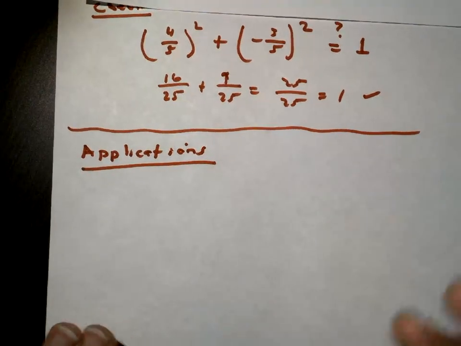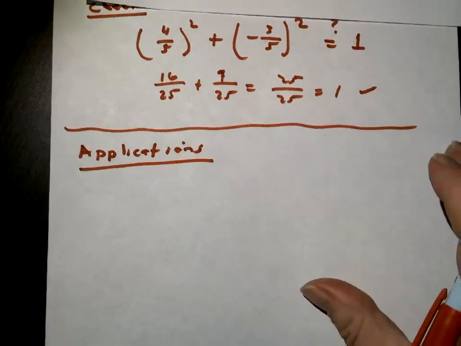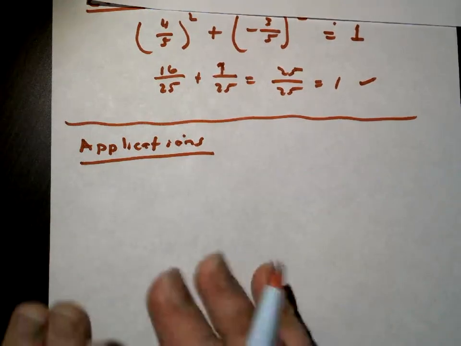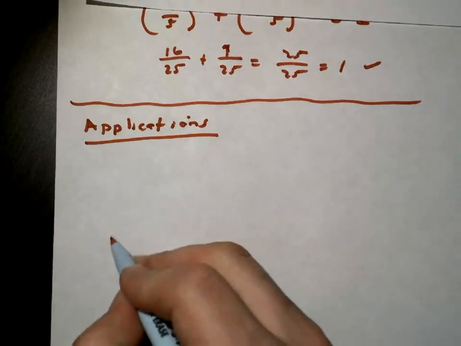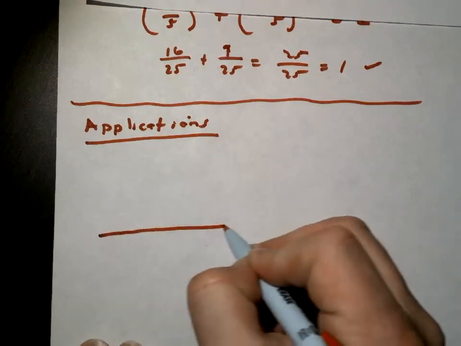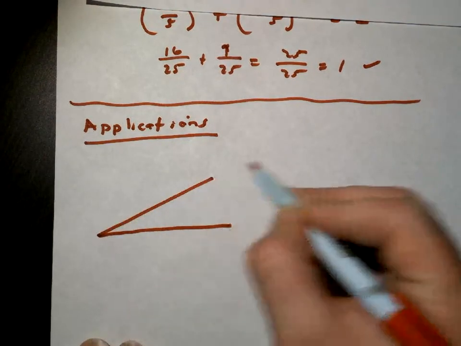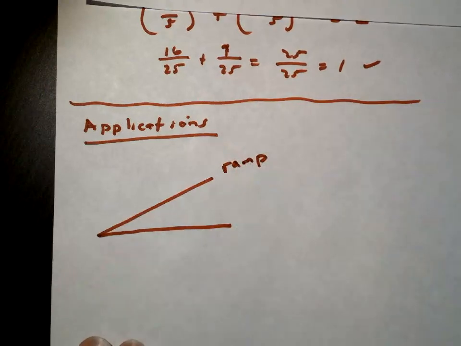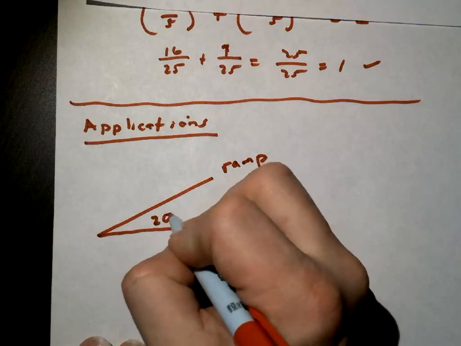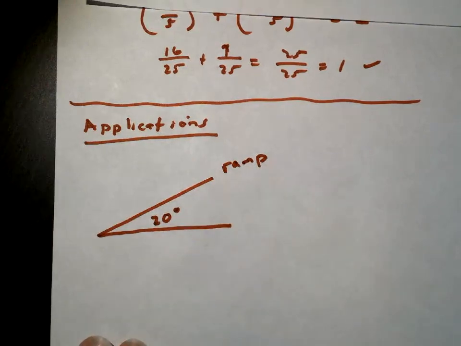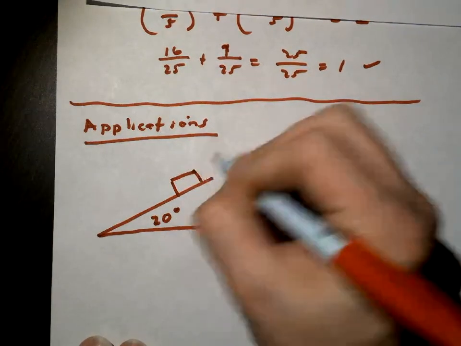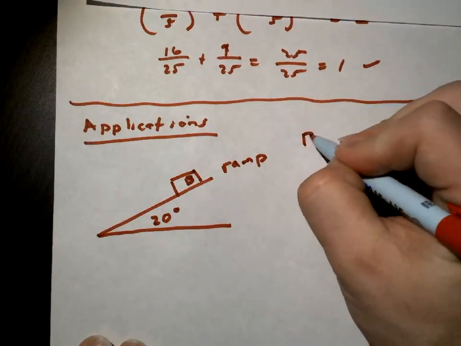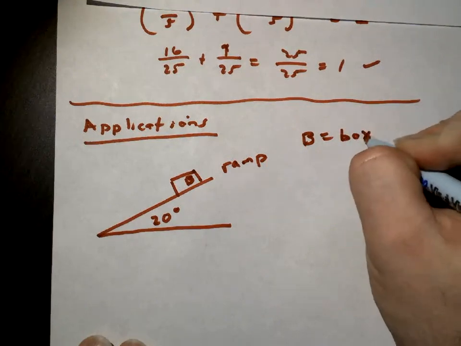So, some applications with vectors. I don't want to get very specific here, but let's make a drawing. What if we had a drawing that went something like this, and maybe this was a ramp. This was a ramp, and maybe this was at 20 degrees. And you had a box, a weight, a box that's going